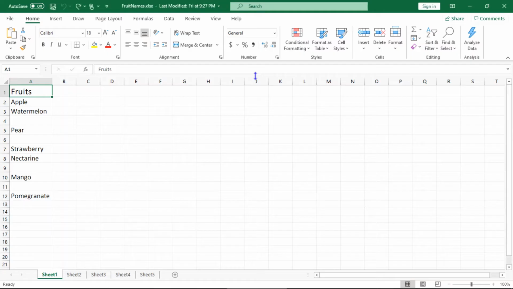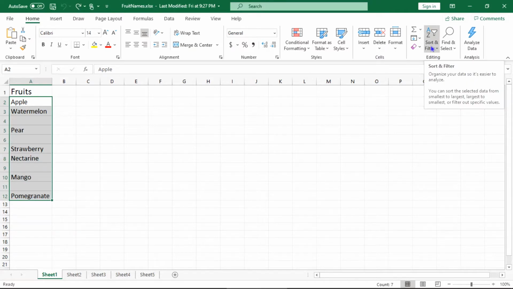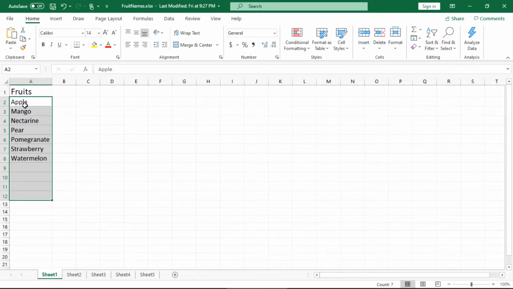Let's switch back to the Excel file. Here, I have an Excel file which consists of 5 sheets, which we will go through step by step. The first function which we have seen is the sort function. Select the data part from which you want to remove the empty cells. Here in the data set, I have a few empty cells or blank cells. If you want to remove all these cells, the easiest way is to go to sort and filter and select A to Z. It immediately rearranges your data set so that all your blanks are removed.